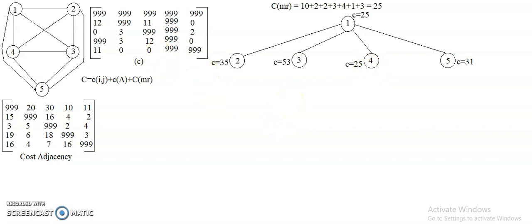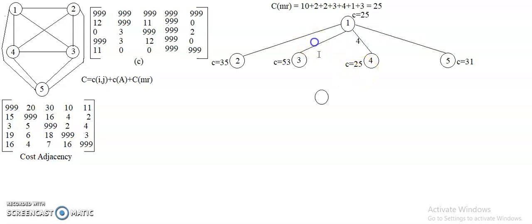Now let me go for drawing a node. Which vertex have I visited here? From vertex 1 we have visited vertex 4.